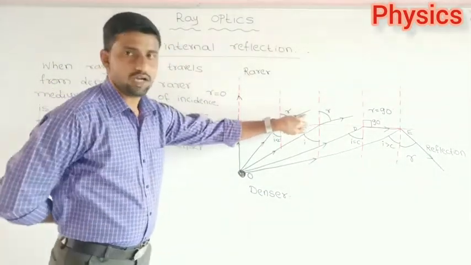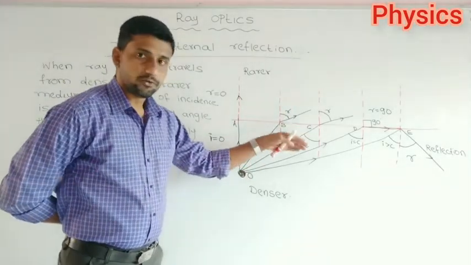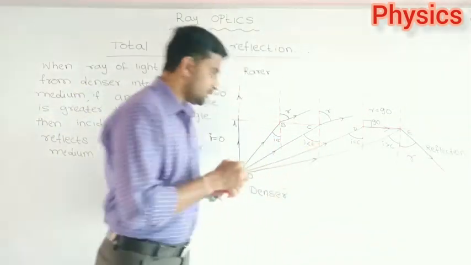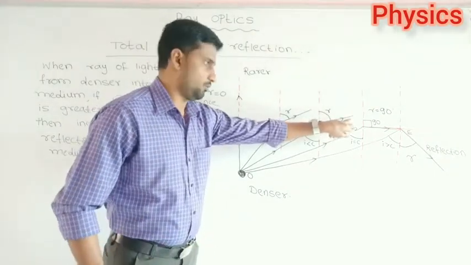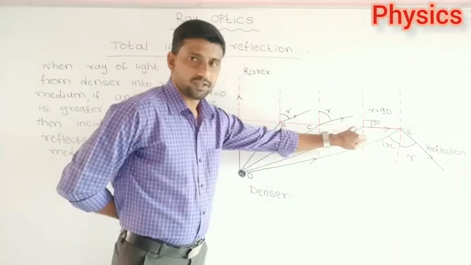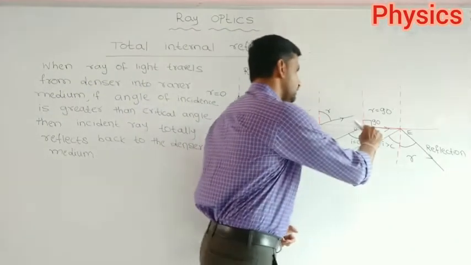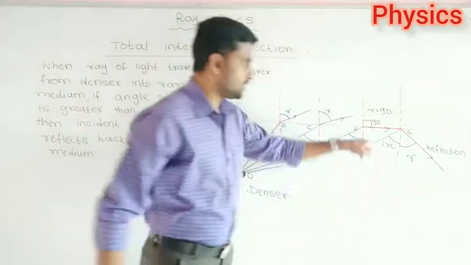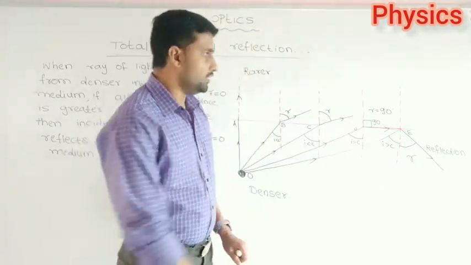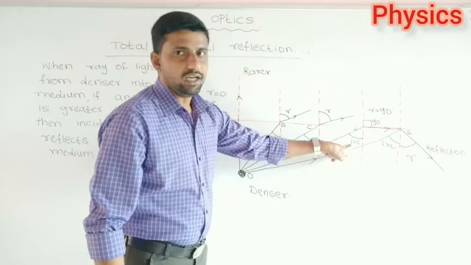then the refracted ray bends away from the normal. In the third case also, if you further increase the angle of incidence but it is still less than the critical angle, then the refracted ray bends away from the normal. In the next case, you will observe that for the incident ray, that is OD, when you increase the angle of incidence, the refracted ray just grazes the interface, or surface of separation of the medium. Then the angle of refraction is 90 degrees. Then that angle is called the critical angle.